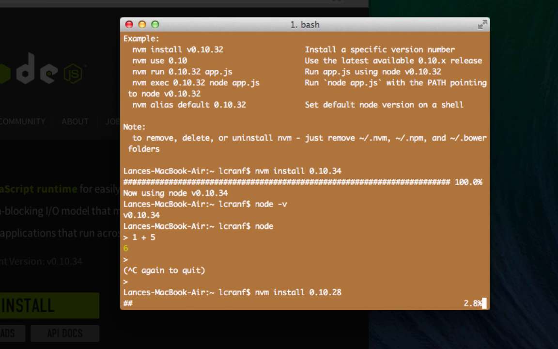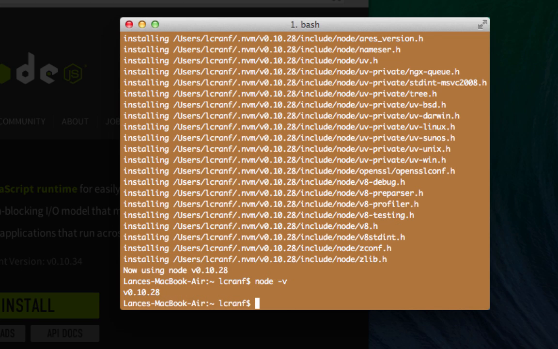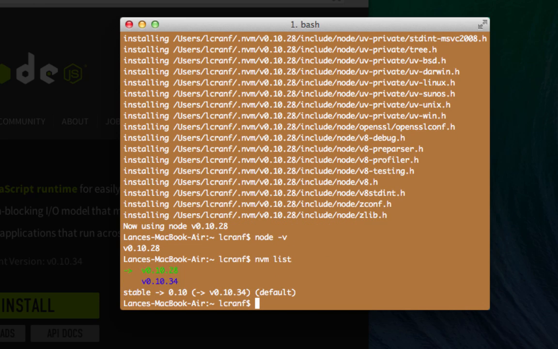Okay, now you see after a lot of installing and a lot of compiling, now I have version 0.10.28, and if I check, you see I have that version. I can also see the list of Node versions that I have installed just by doing nvm list, and it'll list the different interpreters that I have. So it's cool because right now the default is 0.10.34 also, but I have it in my particular terminal session